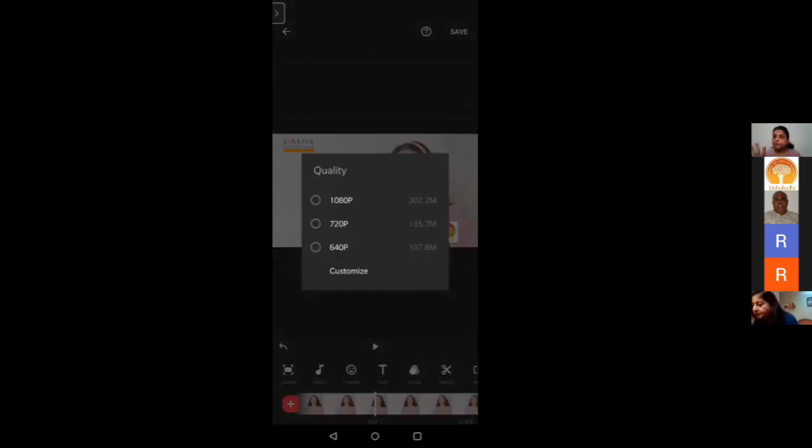You have 3 options for saving an MP4 video: 640, 720, 1080. 1080 is the finest option. It gives you high clarity. The other two will compress the video a little. So if you have space in the phone, you can use 1080 pixel. Otherwise, if you want to compress it, you can do 720 pixel or 640 pixel, depending on how much space you want to save.